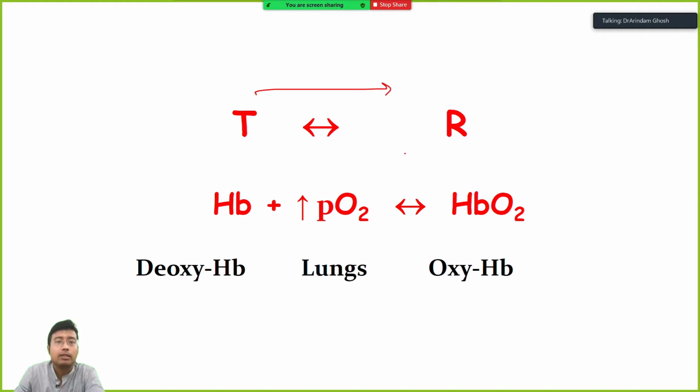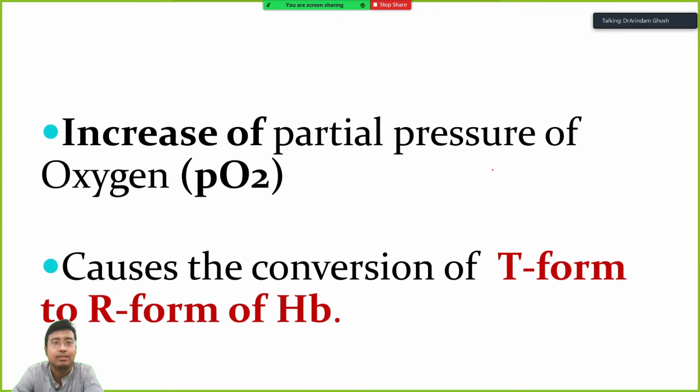Okay, so this is what happens whenever there is high PO2, T form will change to R form, and whenever there is low PO2, R form will change to T form in deoxy, right? Deoxy means T form and oxy means R form. OR, बस इतना याद रखो. So MCQ, वन लाइनर, एक वर्ड में एग्जामिनर पूछेंगे तब उतना नहीं सोच के दिमाग में घुसा लो क्या बोलना होगा.